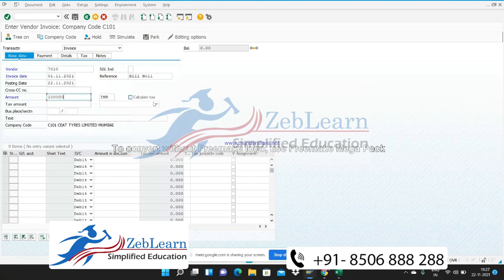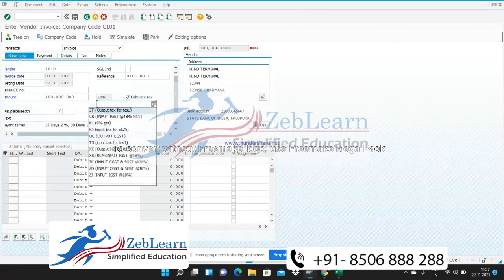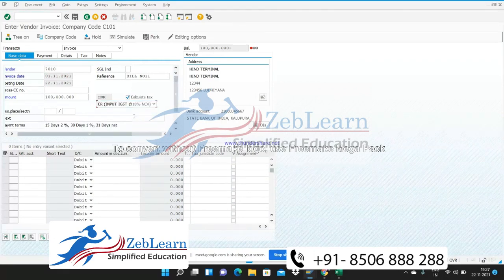One lakh. Calculate tax. CR. Input IGST 18%, NCV, non-convertible.